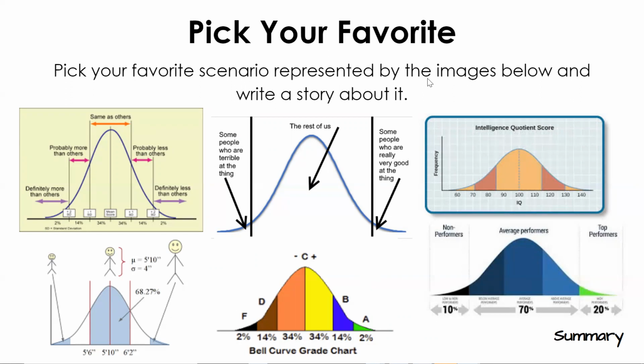Okay, look at the graphs and come up with a story about it. You just need one. The average height for a person is 5, 5, 8, or 5, 10. So 5, 10, and